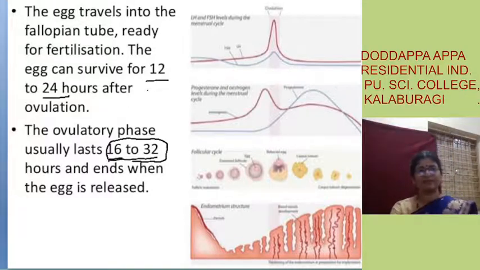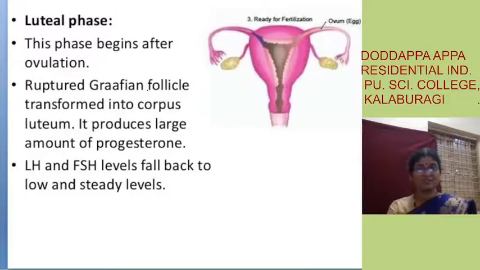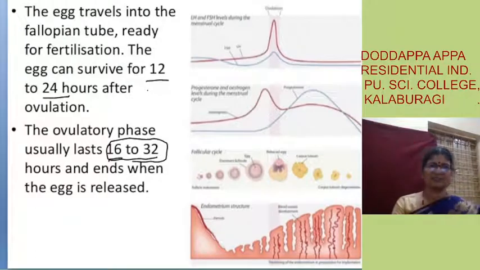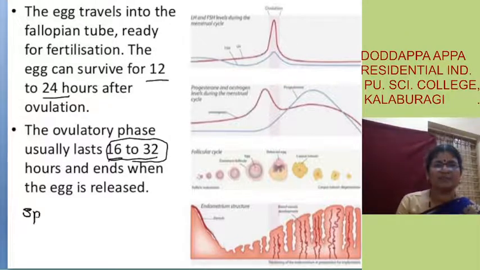What is the lifespan of an ovum? It is 24 hours. Sperm 48 hours. I did not write that here. We did not write that there also, isn't it? What is the lifespan of the sperm? Let me write here. Double of this. So sperm, how many hours is it going to survive? It is going to survive for 48 hours.